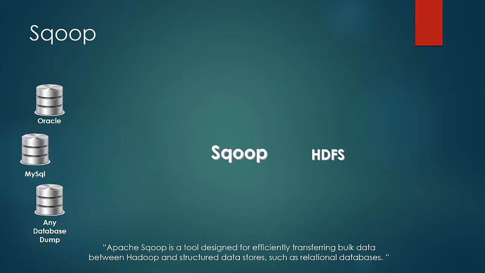Let's look at this definition from a closer point of view. It does it efficiently by doing the copy process in parallel, as we see with every Hadoop ecosystem component. They use the power of parallelism by effectively utilizing the MapReduce framework. Then Sqoop can transfer the data from databases to HDFS, which is called import, and from HDFS to external storage spaces, which is known as export.